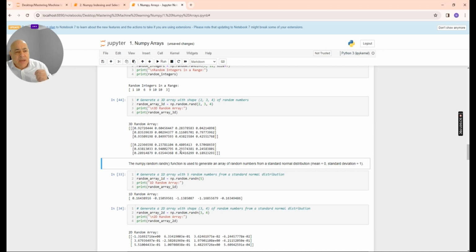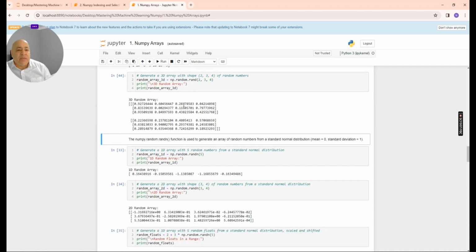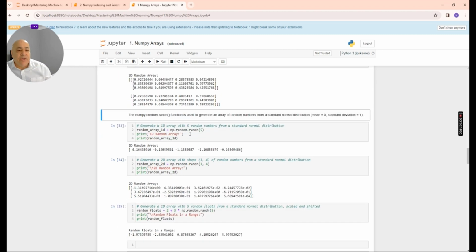By the way, you need to understand that there is no true randomness, or that's what I think. There is no true randomness from my experience. There is always order in chaos, i.e., whatever you think is really random, there is an order in that, and I have proved it many times in my life when I was working with random numbers. Okay, so we've seen how to create three-dimensional, two-dimensional, or one-dimensional arrays using these